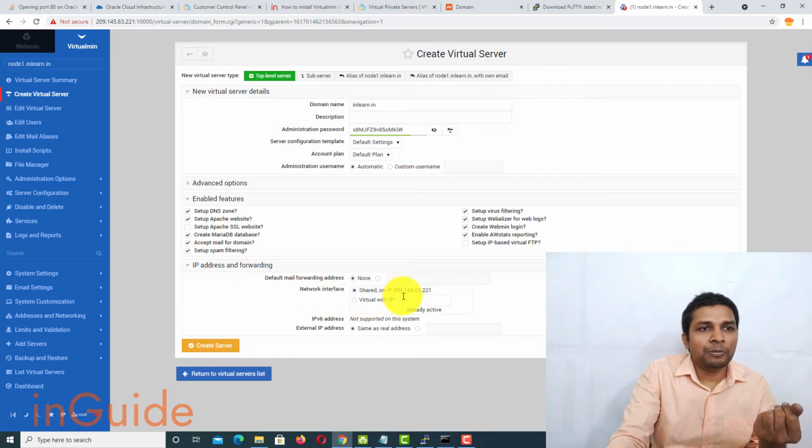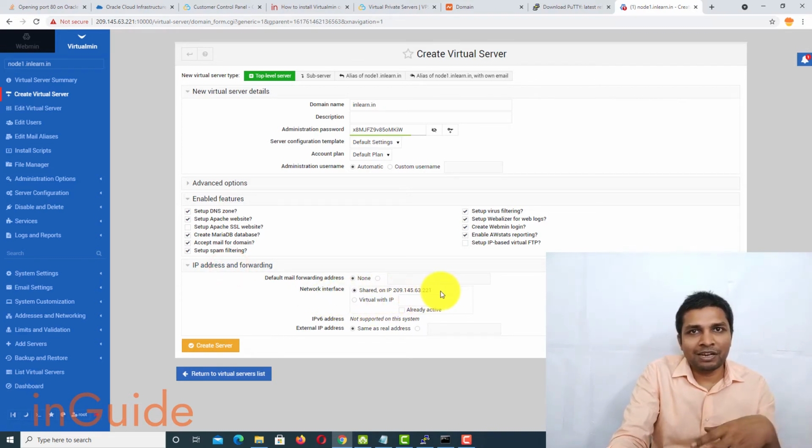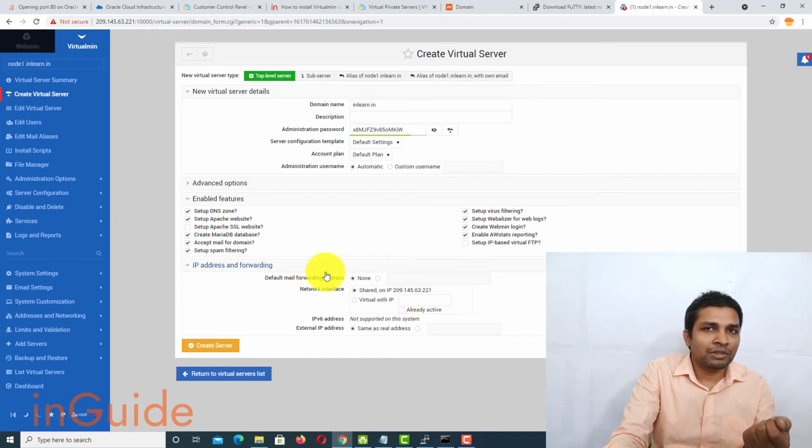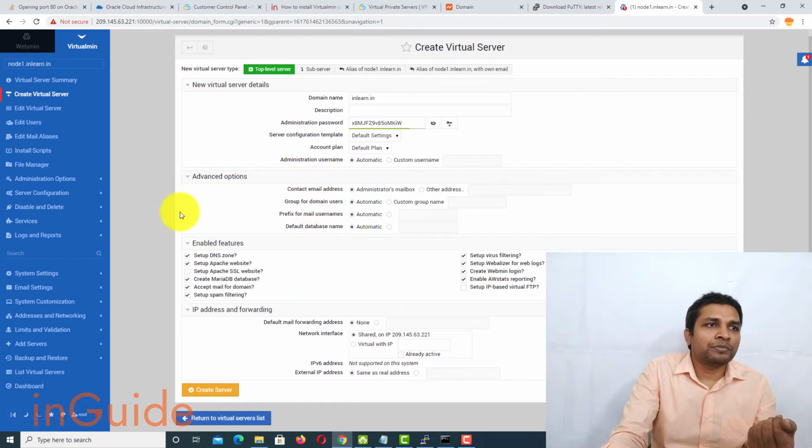And if you like to add additional IP, let's say you have ordered some additional IP, then you will have additional IP right here that you can assign to that domain name. That would be like a dedicated IP to that particular domain. Also, you would find advanced options and all those things. I'll go with the default setting at this time, and I'll click on create server.